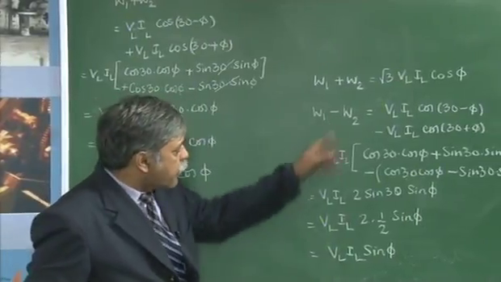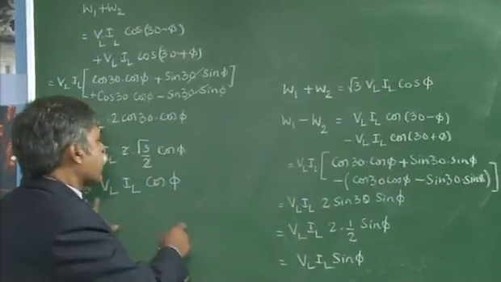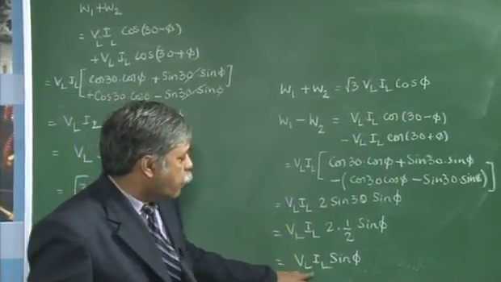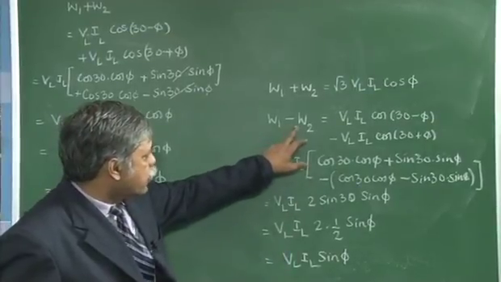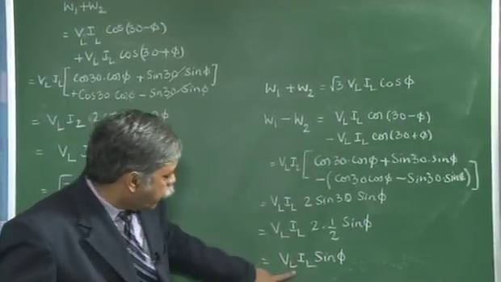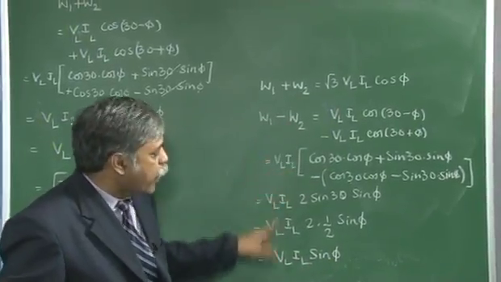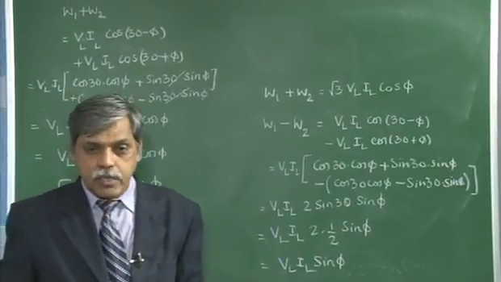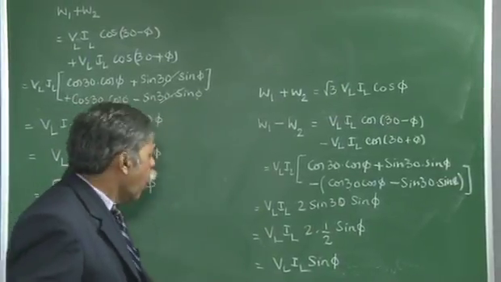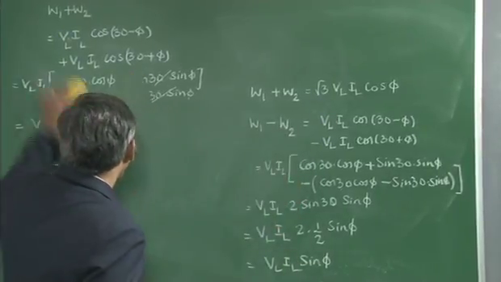Now by this method, by using the two wattmeters I can also measure the real power and reactive power. If I want to measure the reactive power, I need to take the difference of these two wattmeter readings and multiply the difference by root 3. So you will be getting the total reactive power in the system. Now using these two wattmeter readings, I can write down an expression for the power factor.